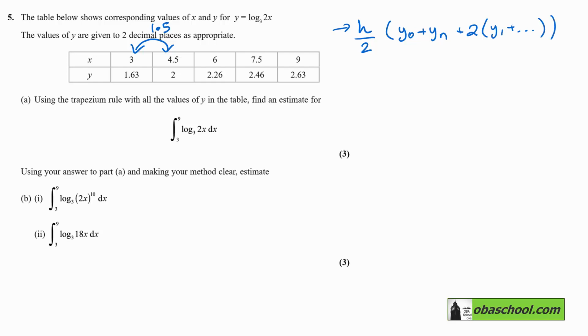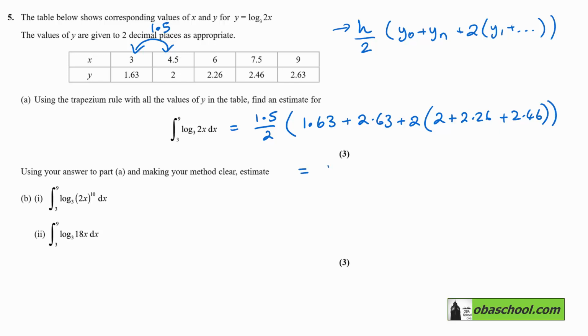So here, that is going to be 1.5 divided by 2. The first one is 1.63, the last one is 2.63, and then we want 2 times the other values, so that's the 2 plus 2.26 plus 2.46, and we just need to calculate that. And that's going to give us